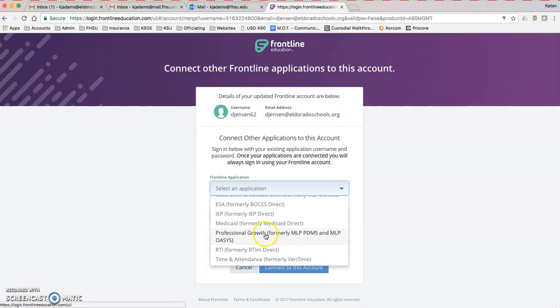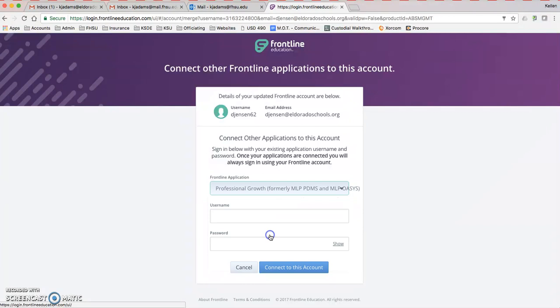As I said, it was formerly known as My Learning Plan. So he's going to select that, and this is where he's going to enter the credentials for My Learning Plan. So not the credentials we just entered, but rather those old credentials. For him, it was his email,